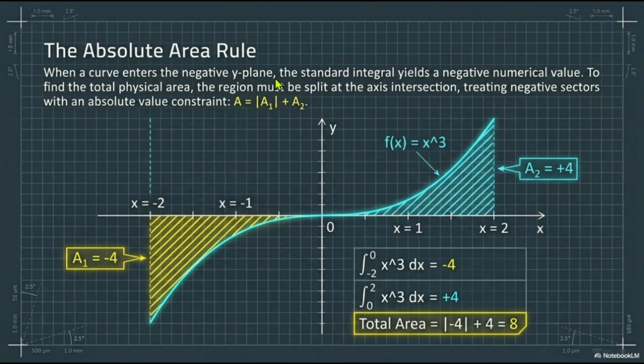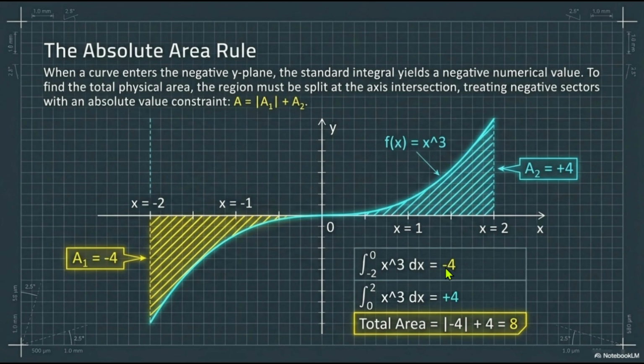And then the absolute area rules. When a curve enters the negative plane, the standard integral gives a negative numerical value, and to find the total physical area, the region must be split at the axis intersection, treating the negative sector with an absolute value. A equal to mod of A1 plus A2, that is from -2 to 0 here, and then again here x equal to 0 to 2. So it will be represented like -2 to 0